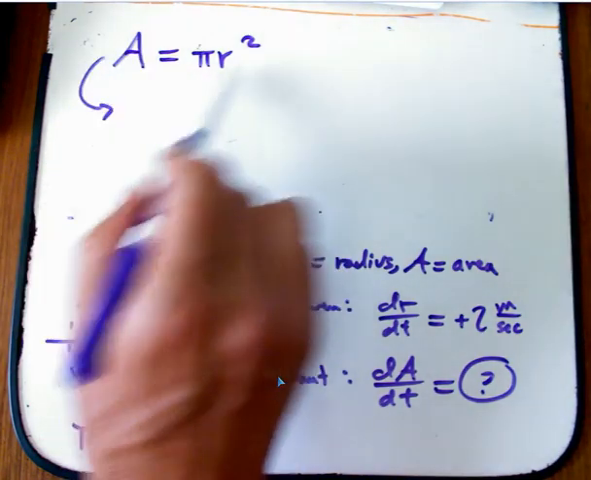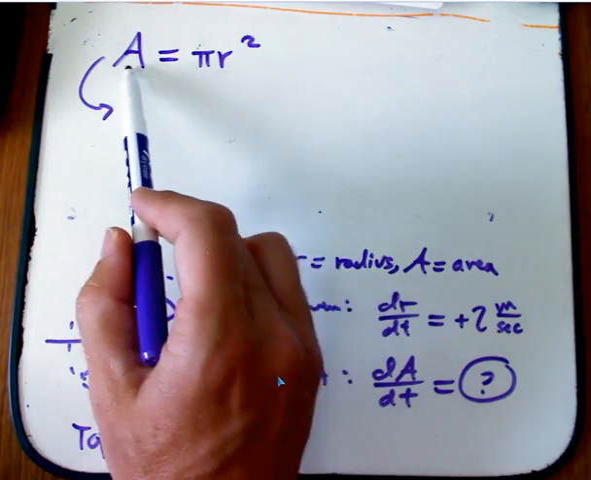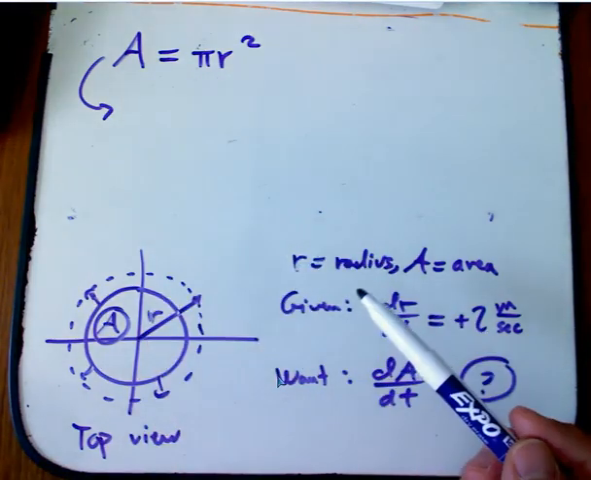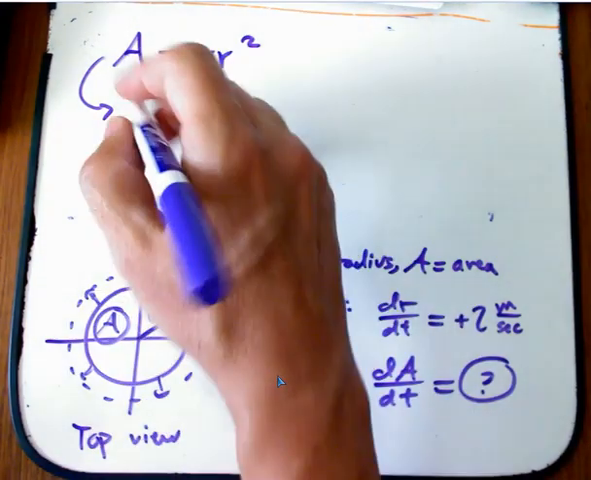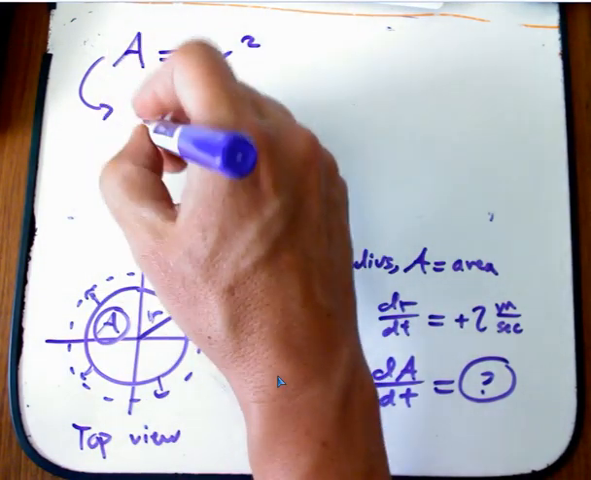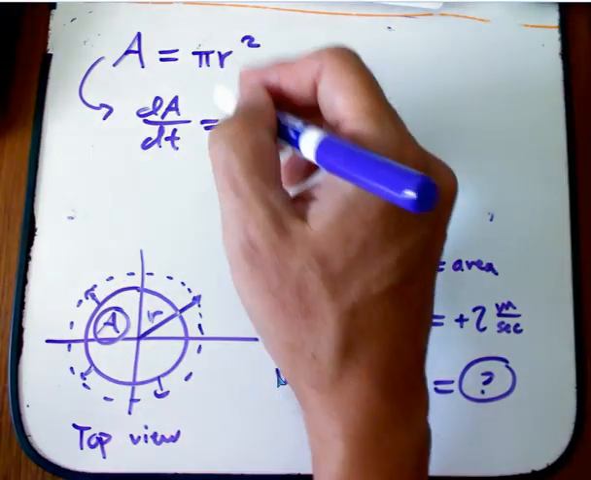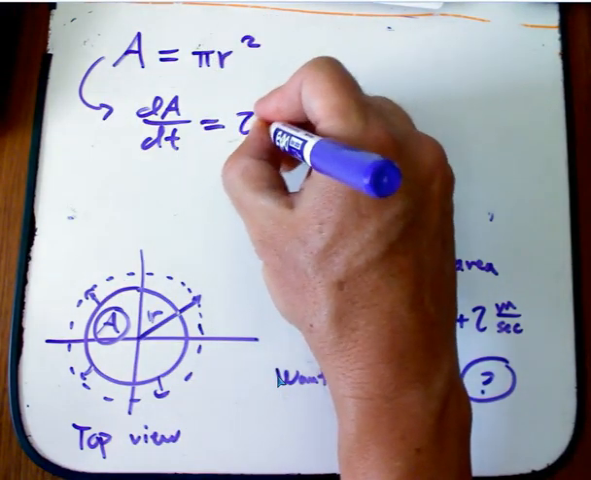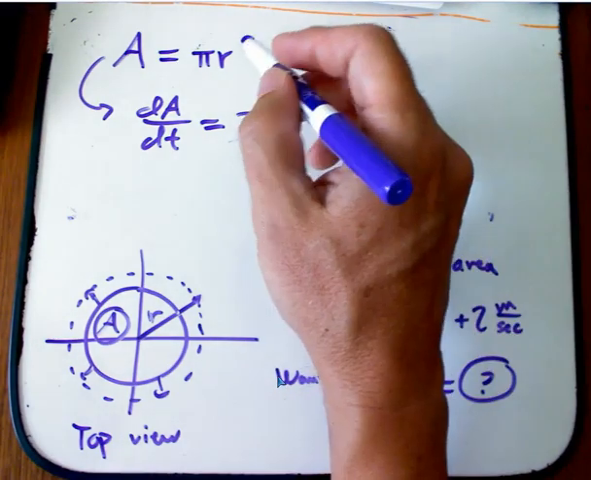T does not appear explicitly anywhere here, and we're not differentiating by A or by R, we're differentiating by T, because we're in a situation where these are functions of time, even though this doesn't explicitly say that. But anytime you have two functions that are always known to be equal to each other, then you can differentiate both sides, and we get 2 pi r, and this is the mathematical key to it,